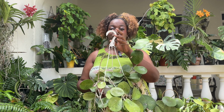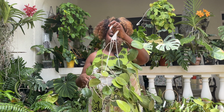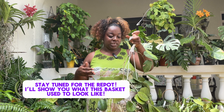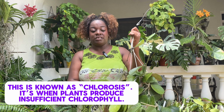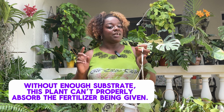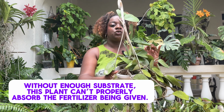It used to be my absolute favorite, but this specimen here does not look good anymore. It's not a rich green anymore. It's bleached. It's lacking nutrients. This isn't sun stress, right? This is bleached from lacking nutrients. And the reason why isn't because it doesn't get enough fertilizer. It's because it's so